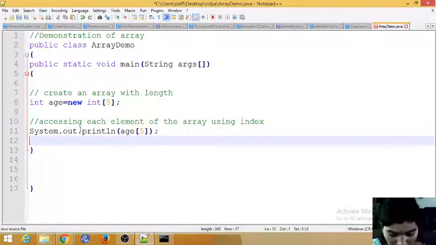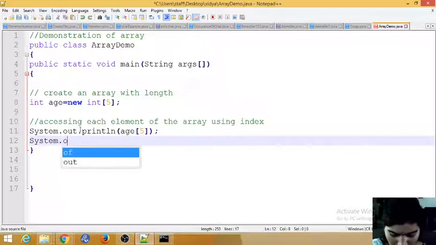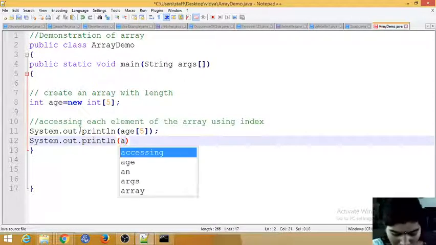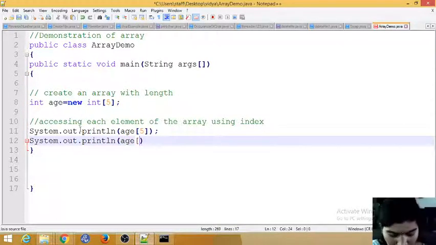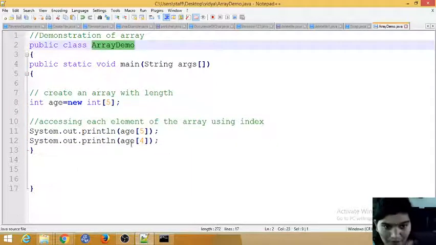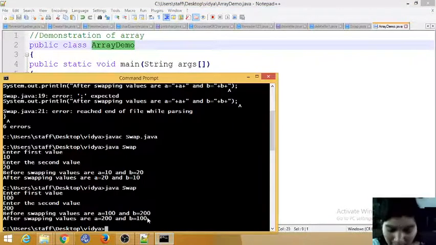Same with System.out.println, I want to display age of the 4th element index. We'll see with the 5th and the 4th. We'll check first what it displays, and I will tell the reason why it displays so.